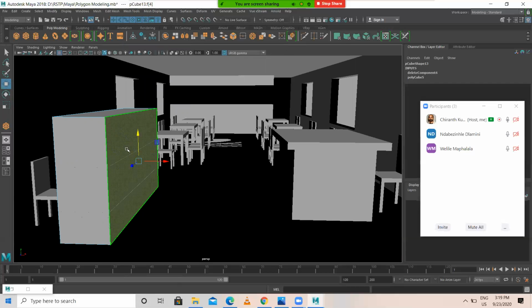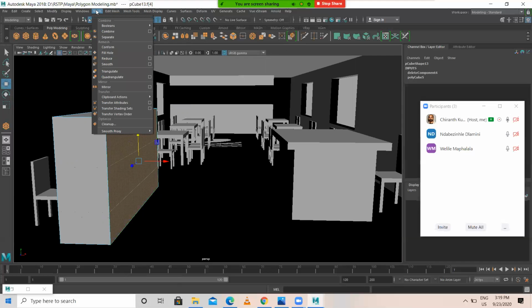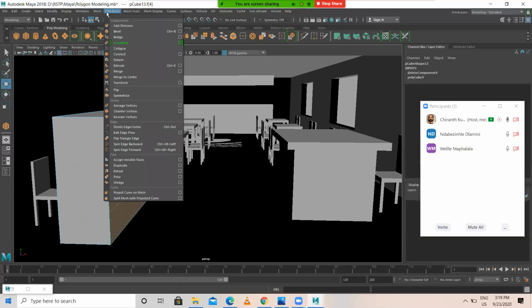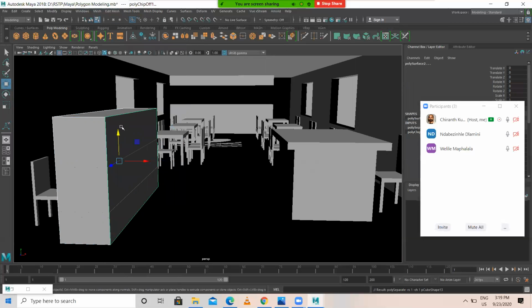So now I'm showing another tool called extract. I'm selecting this face. Under edit mesh, extract. I'm extracting this face. I extract it. Let it be there. I'm selecting this.